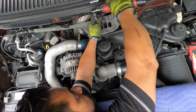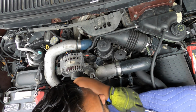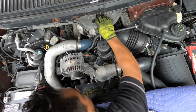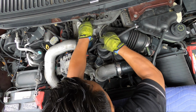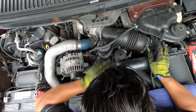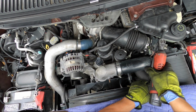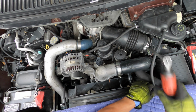First thing I'm gonna do is disconnect this tube here from the air filter assembly, and then I'm gonna install one of my hoses to put air in the system. But you're gonna have to turn off the truck, and it's gotta be off, of course, to do this method. Okay,